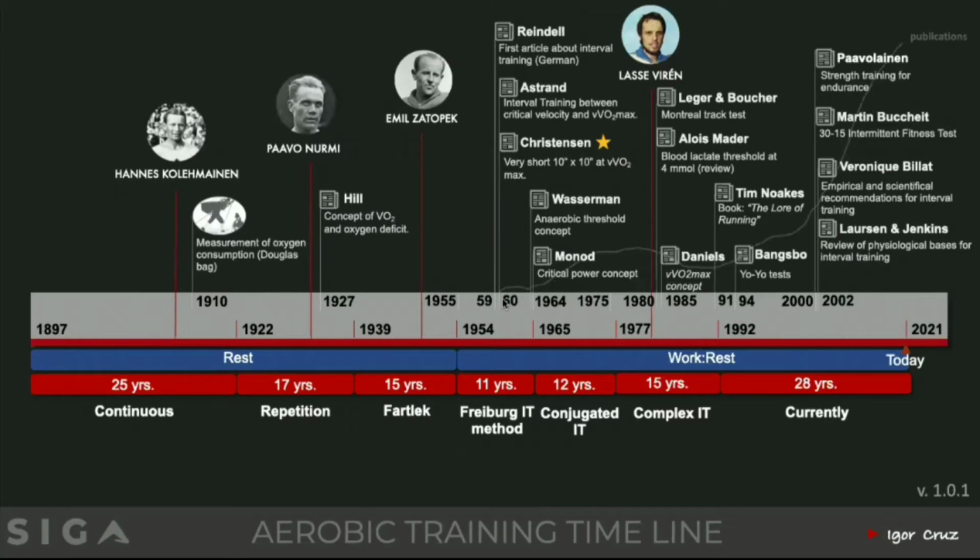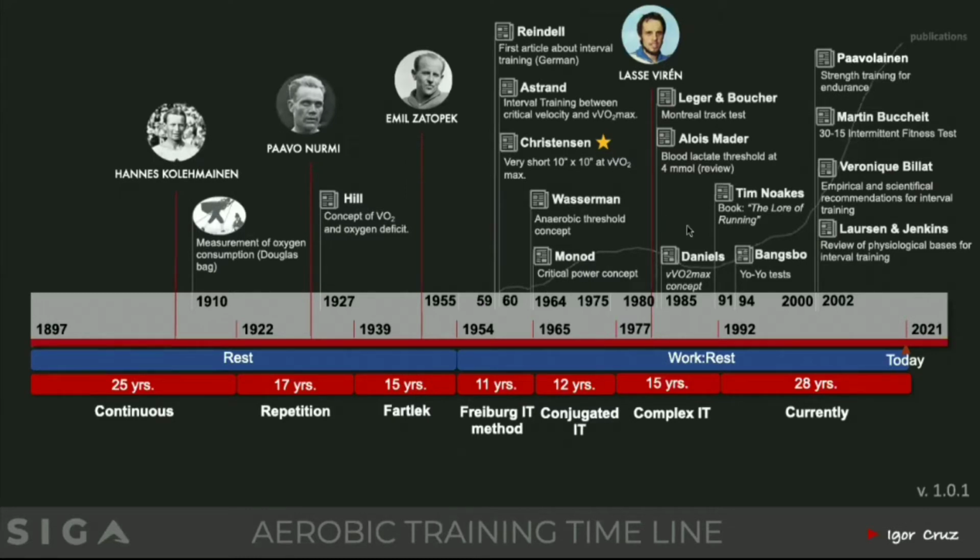The 60s is a period when articles and papers started to be published about aerobic preparation, mainly about interval training. And aerobic preparation nowadays really boils down to interval training, a specific way to develop the aerobic performance of athletes.